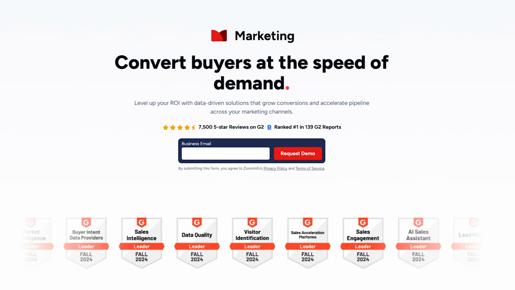The platform's data-centric approach focuses on accuracy and depth, making it especially compelling for businesses that need detailed org charts and to identify key decision makers and buyer intent data. Now, while it is used by companies of all sizes, ZoomInfo's annual contract and pricing usually caters to mid-market and enterprise organizations with dedicated sales teams. So we'll talk about the pricing later in the video, but first let's just compare some of these features head